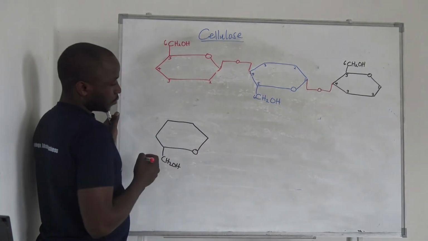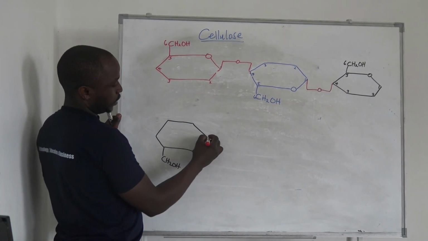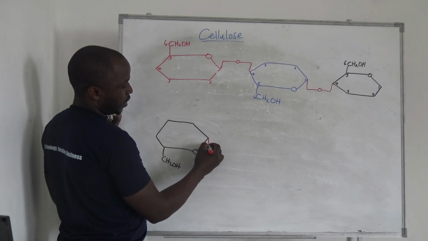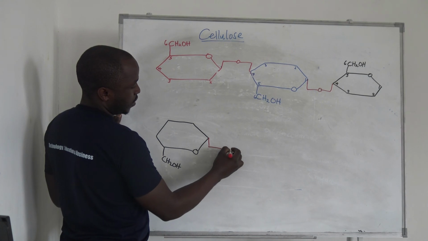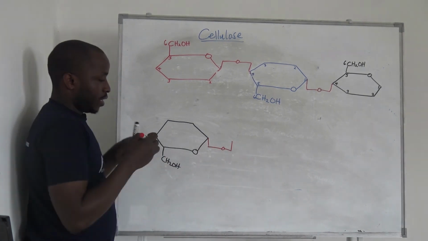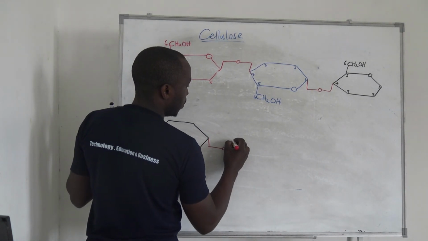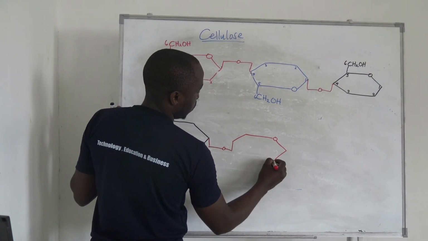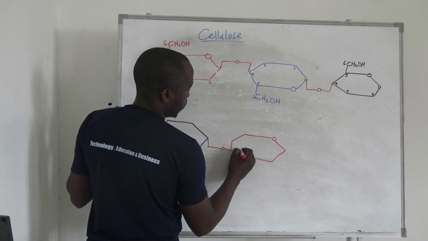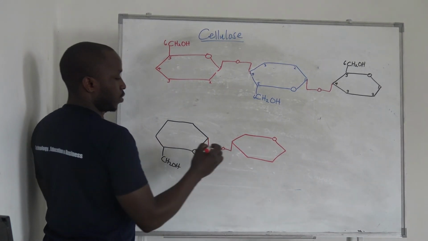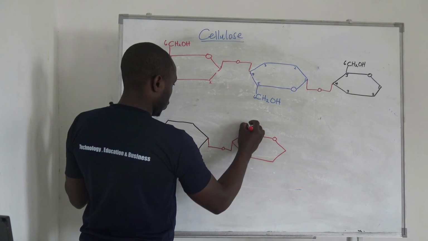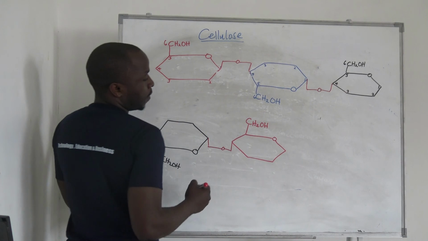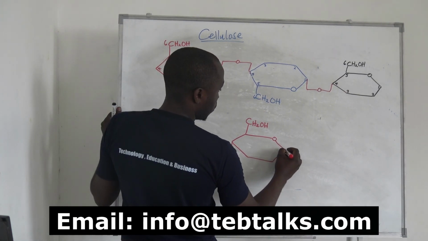Okay. So here we have our bond here. Then another glucose molecule here. So our CH2OH would be here. Another glucose molecule